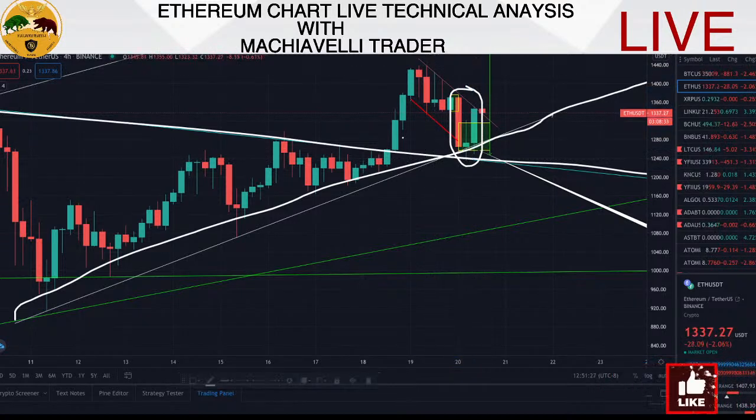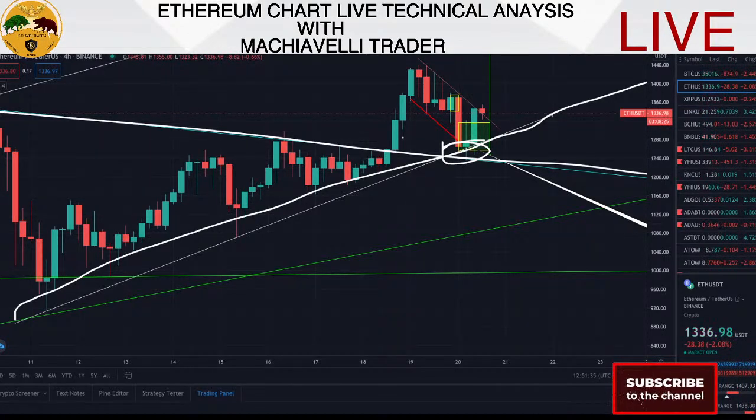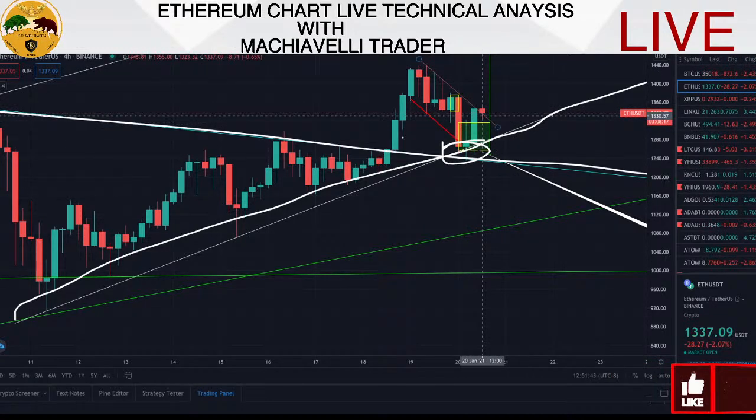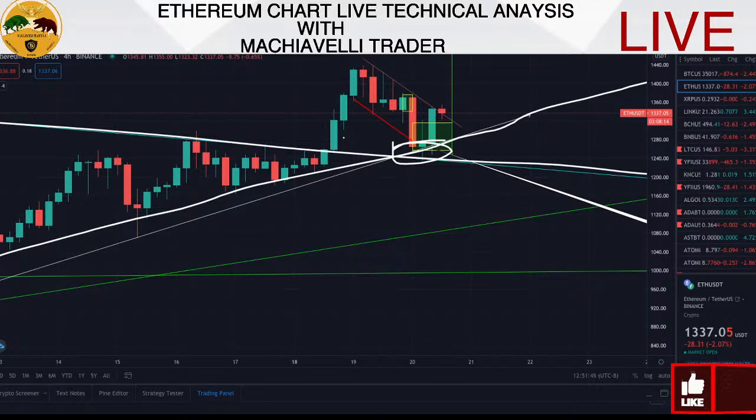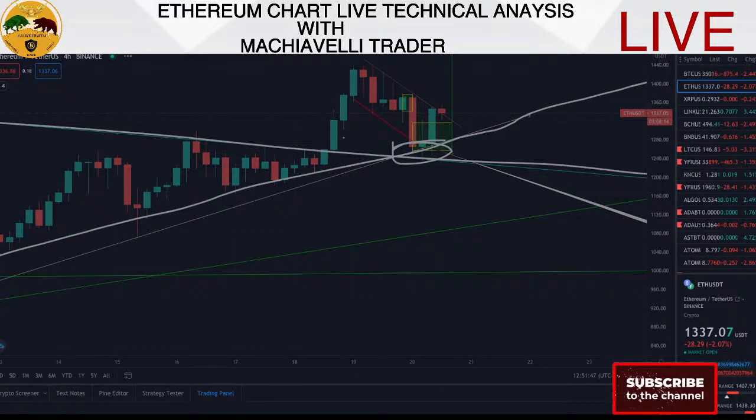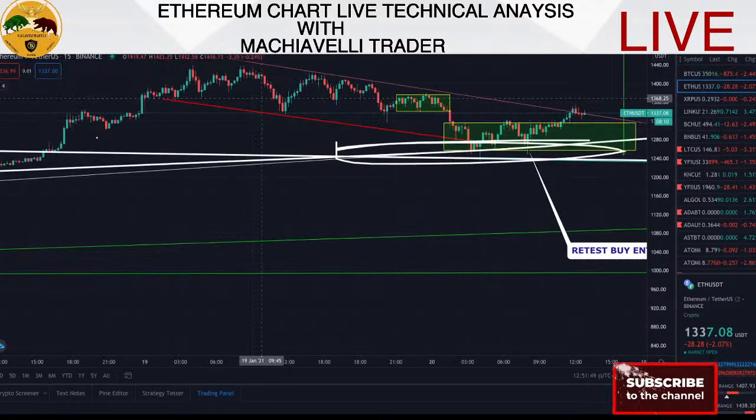So if you follow along with me, you see that right now as I'm talking to you, the bulls on Ethereum are getting ready to target the up move. Like this particular candle right now is going to end up being a follow through. Because what we're seeing is another retest. That's what we're exactly seeing here. So let me clear all the chart to make it very easy to see what I'm about to show you right now,